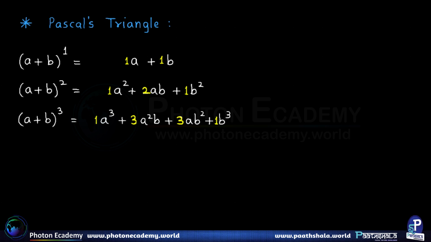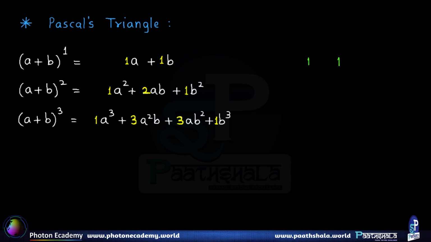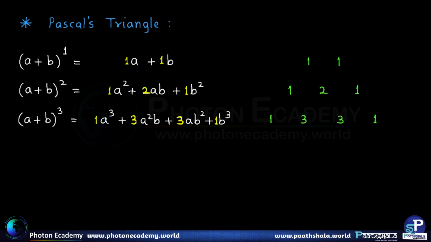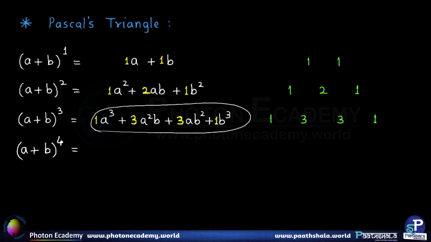So let me write only the coefficients once again on the right side. So in the first row, when n was 1, we started off with 1 and 1. Then in the next row the coefficients were 1, 2 and 1, and next we had 1, 3, 3, 1 and so on. Now let's try to figure out if there is any pattern in these numbers, so that will help us to write the coefficients in a plus b raised to 4 directly